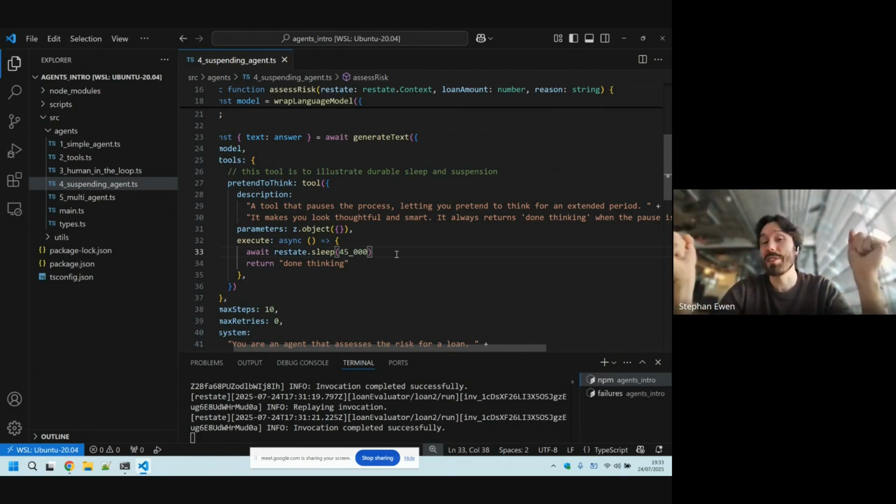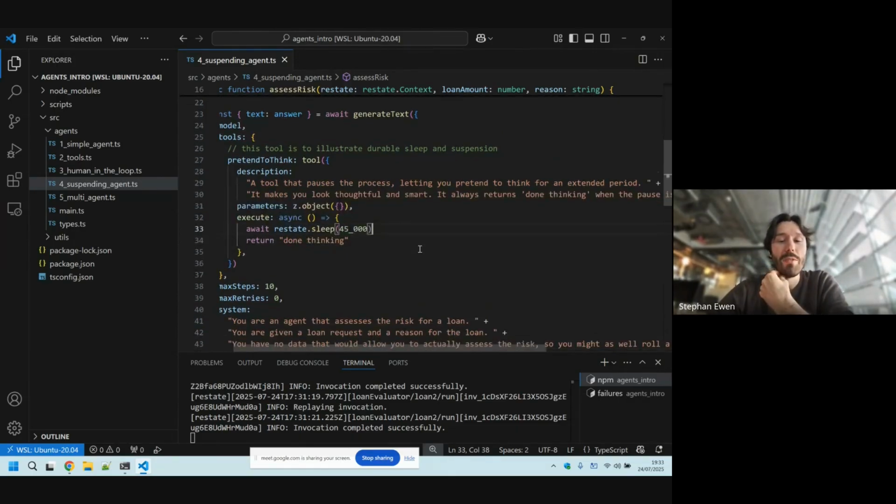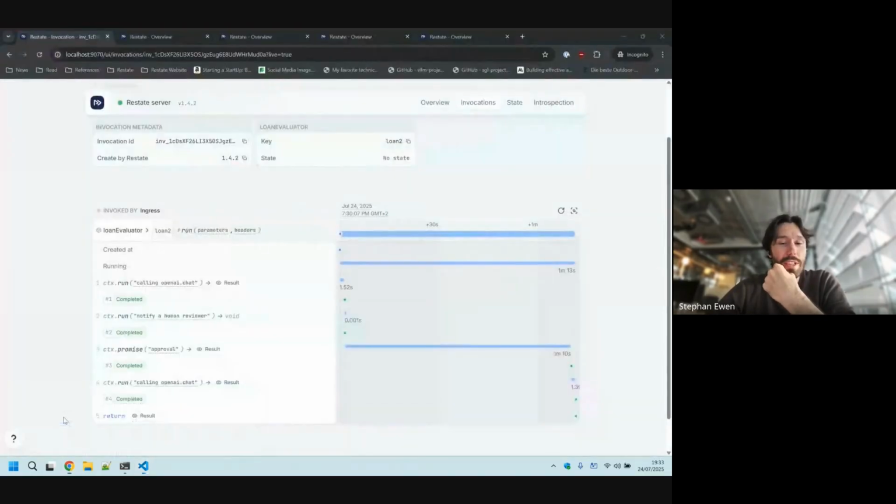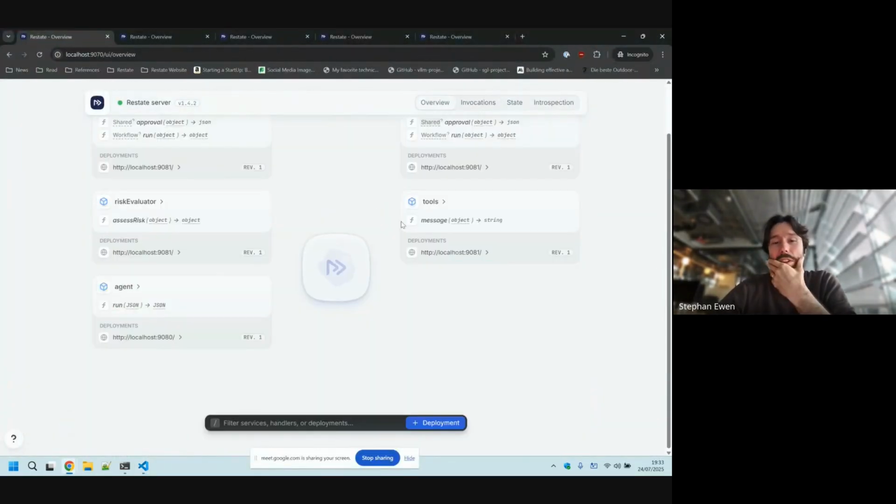It's going to make the process go away and come back after the sleep has elapsed. And if it fails in the middle, it's not going to sleep again 45 milliseconds, but it's going to look at the point in time when it recovers. Am I past the point where I should wake up again or not? Yes, if we actually interact with this one, it's just going to look somewhat